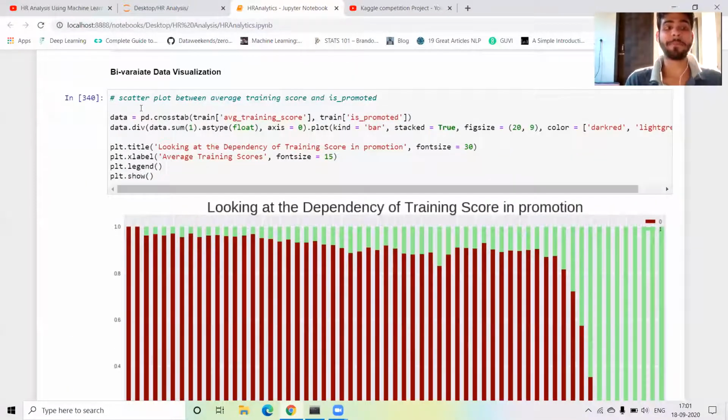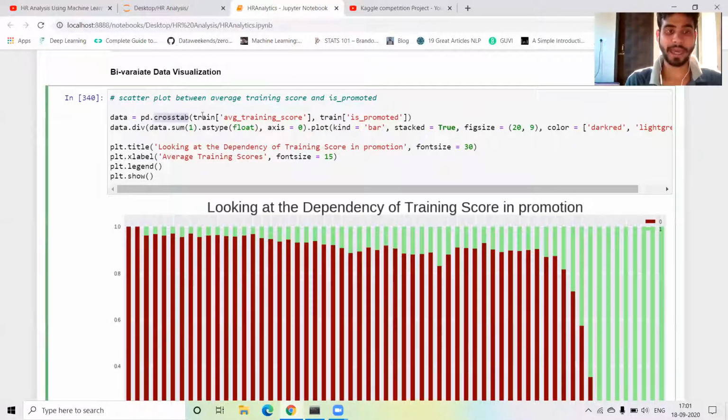Next is our bivariate data visualization, guys. So in bivariate I just plot a crosstab. I just write data is equal to pd.crosstab, and I just take the average training score column and the promoted column. Okay, and next data.div, and I just check data.sum with type float, axis is equal to 0, and I plot a bar plot.